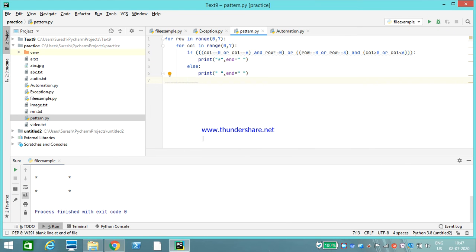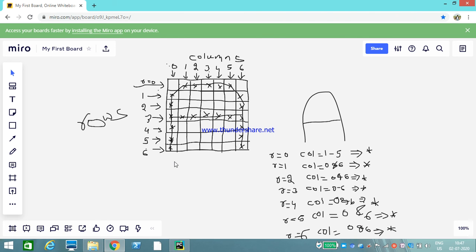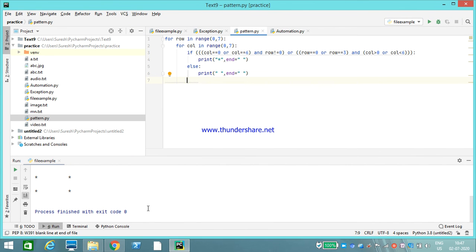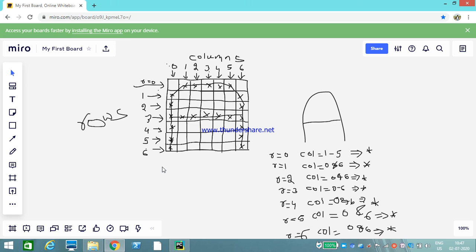So what else do we need to print? After executing each row, we need to change to the next line, right? After executing each row, we need to go to the next line.